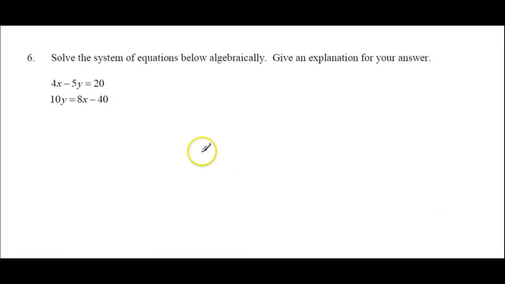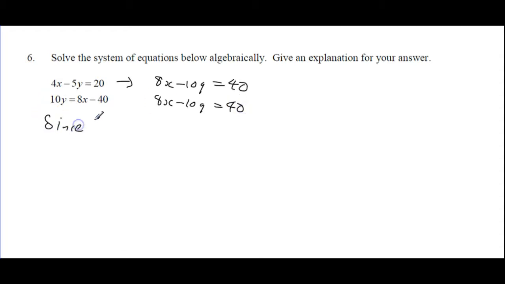Solve the system algebraically. So let's multiply this by 2. 8x minus 10y equals 40. And let's rearrange this. 8x minus 10y equals 40. Since these are the same equation,